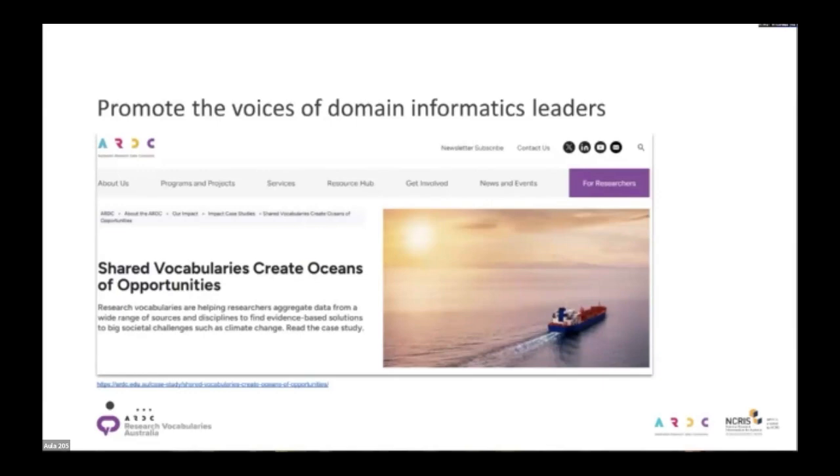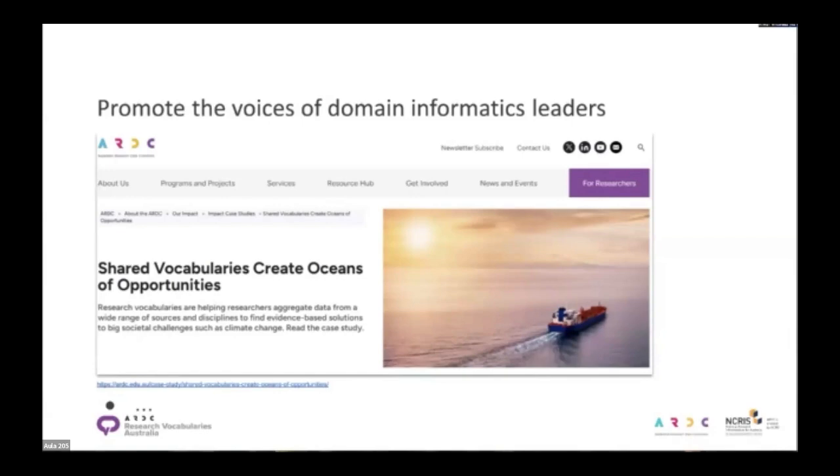ARDC publishes stories about the value of vocabularies using the words of domain informatics leaders. These are published as impact case studies. The value of good data management practices, including the application of shared vocabularies. This example in marine science discusses the work of IMOS.